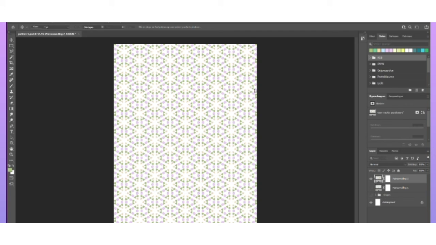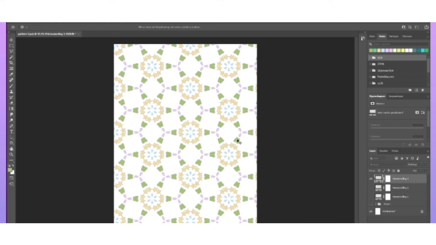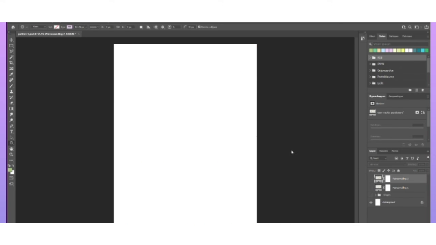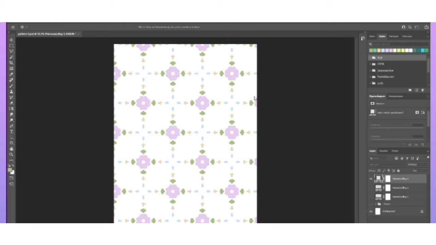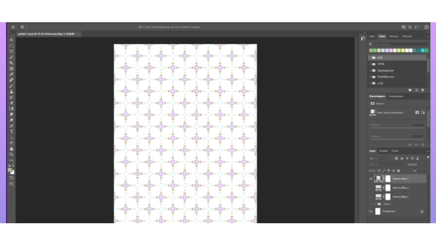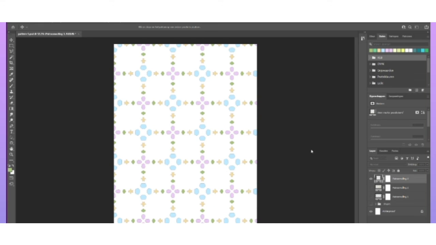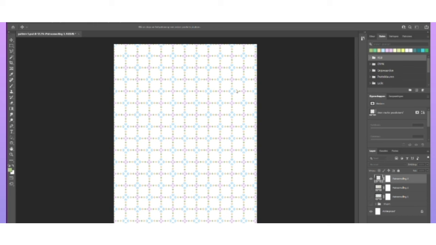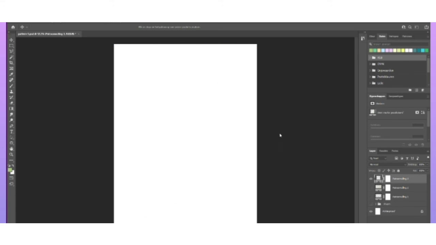Okay, perfect. Okay, let me try another pattern that we just created. Okay, no. Maybe we'll do 10. And how about this one? Okay.